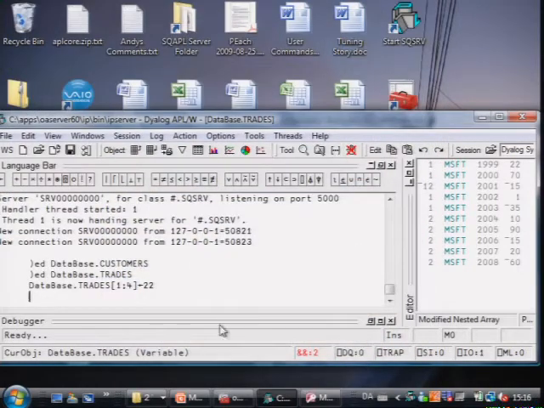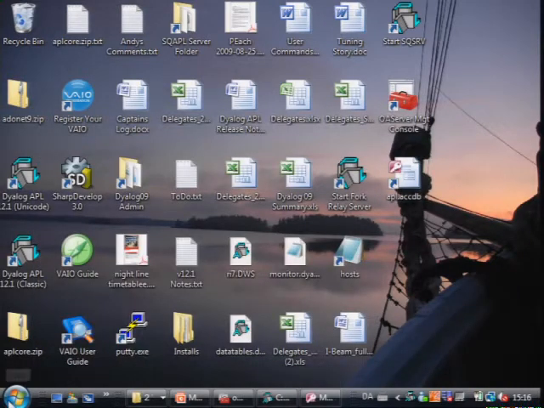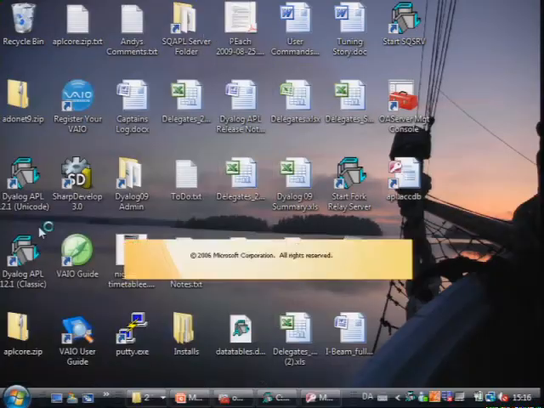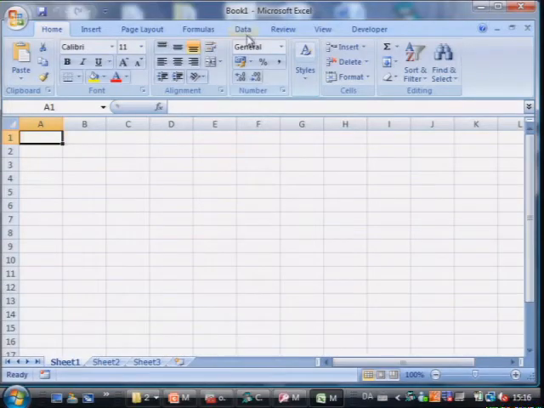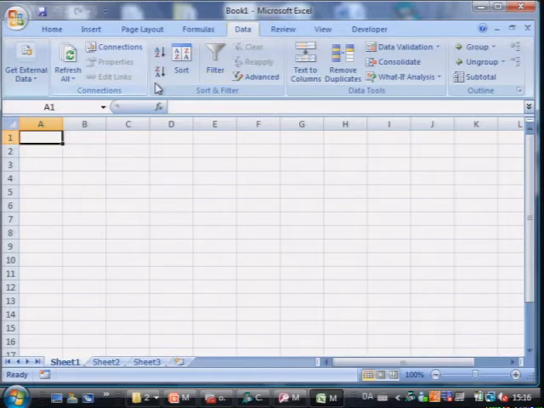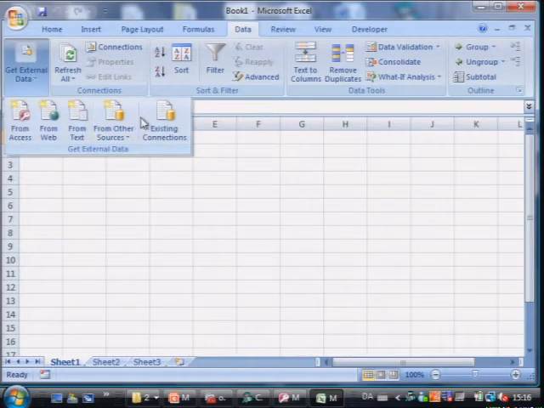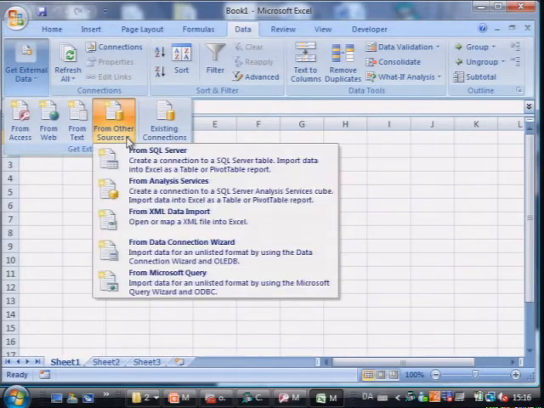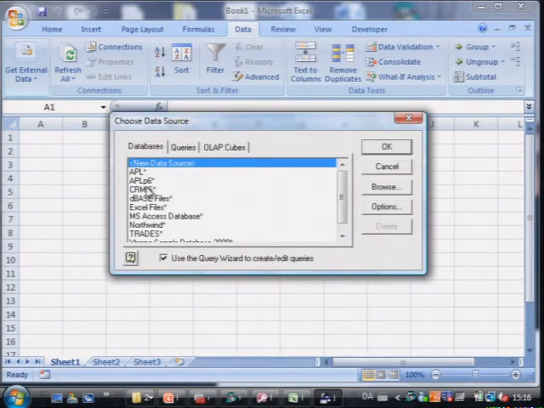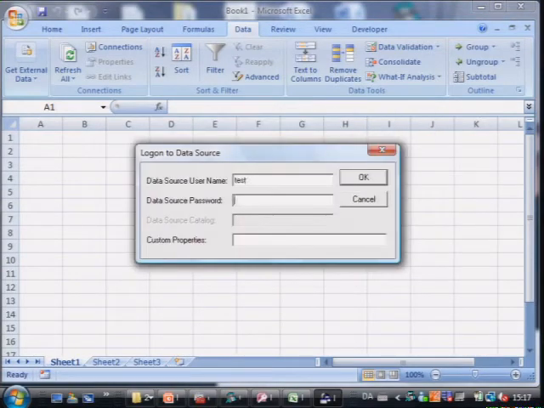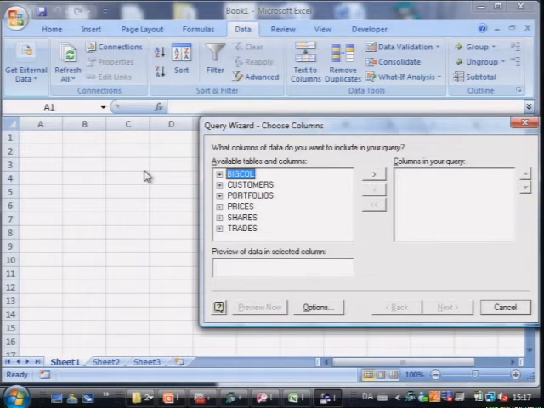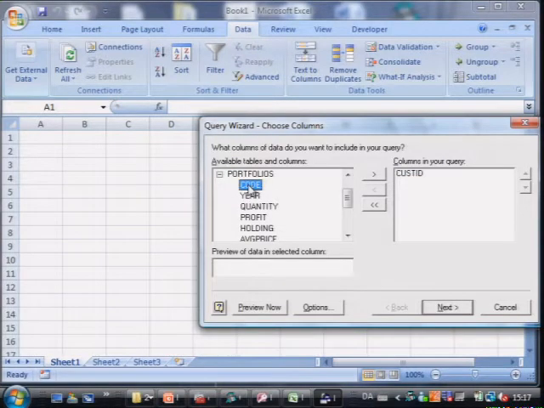We could go into, let's just do one more demo. Go into Excel and say we want to get some external data from Microsoft Query from the APL database. We need to log in. It does a data dictionary query, which we've responded to, to find out which tables are in this database. I'm going to get one called portfolios, which is a bit more